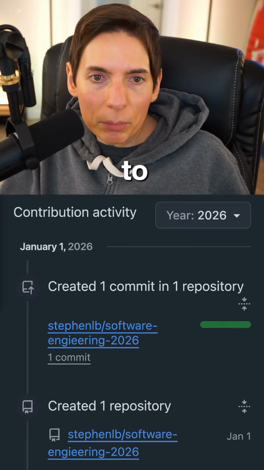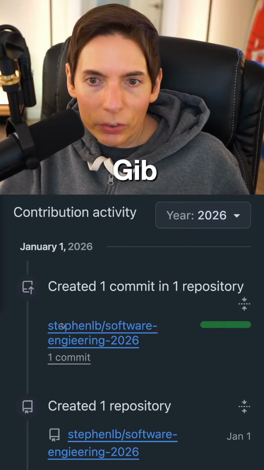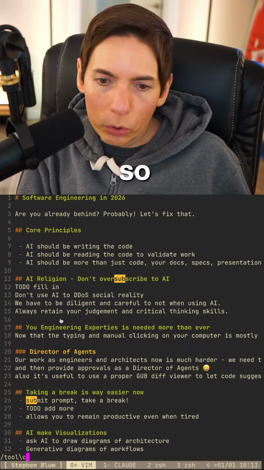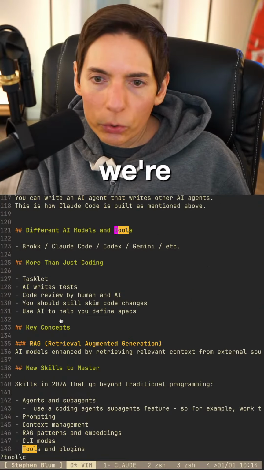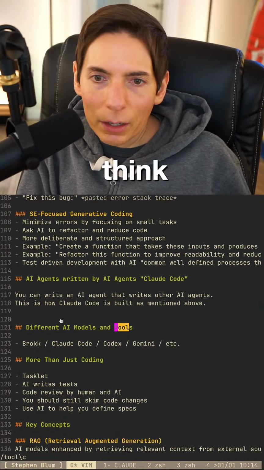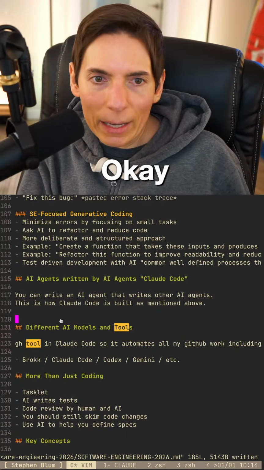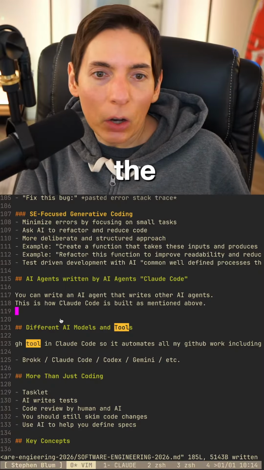All right, I'm going to copy and paste that. GitHub tool, because these are a list of tools. I want those tools. Okay, different tools. Here we go. I think we could put that here. Excellent. MCP is wasteful. Oh no, not the MCP. Okay, got it.